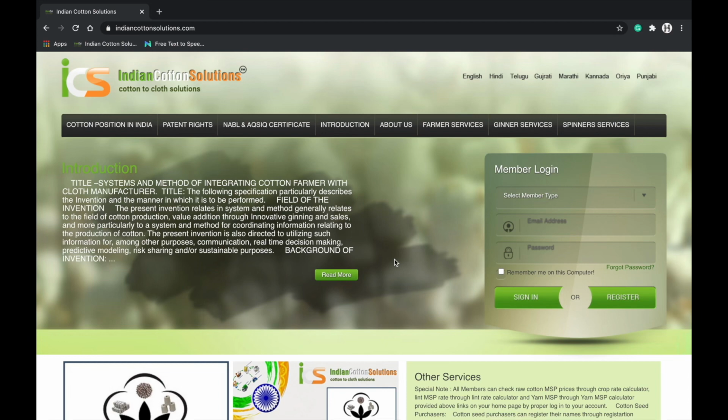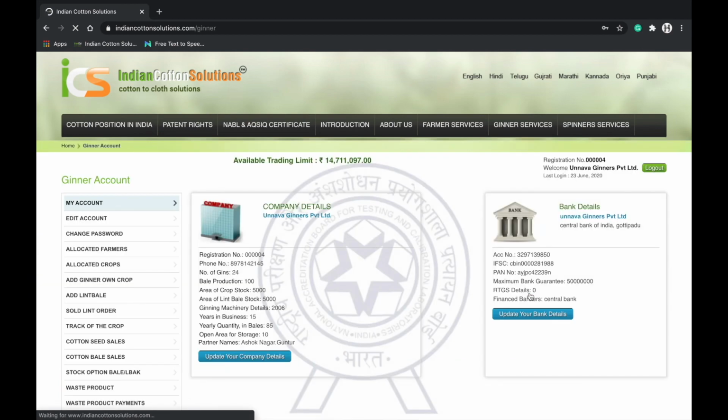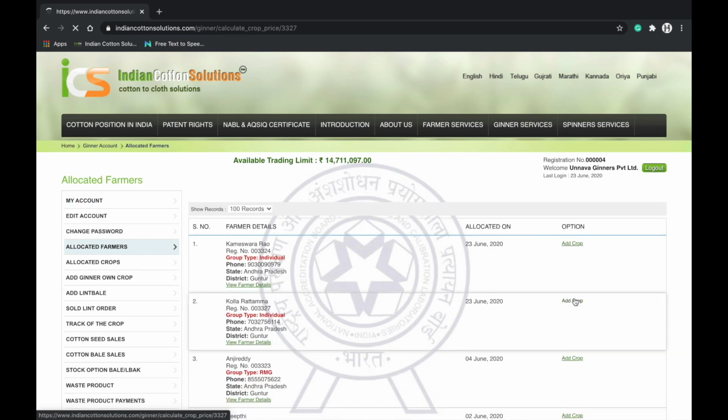Firstly, the cotton crop or kapas of 500 quintals is tested in the admin lab of farmer testing franchise. Then, the individual farmer or the group leader or allocated farmer franchise has to bring their crops of around 500 quintals to the allocated ginner or ginning mill. Once the crop reaches the ginning mill, the ginner logs into his account and adds the crop information as shown on the screen. The ginner goes to the allocated farmers page in which all the details of his allocated farmers are present. The ginner then clicks the Add Crop button of the respective farmer.